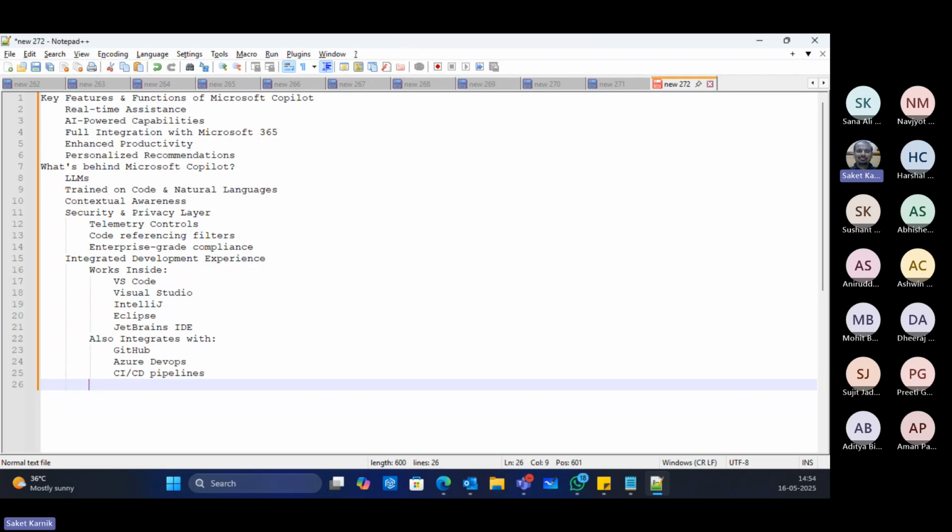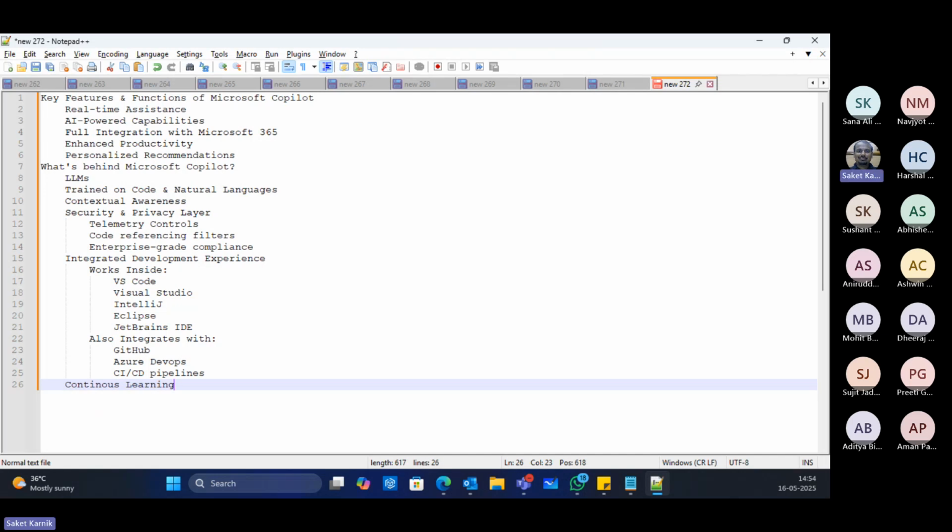And then the biggest advantage of this Copilot is basically that it uses continuous learning. Okay. Now, how does this work? Copilot does not learn globally based on your code in real time, which makes your code secure.